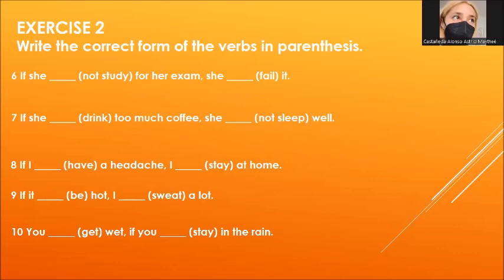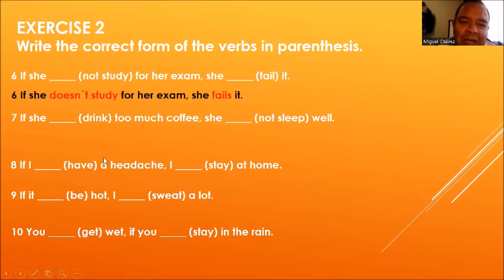If she doesn't study for her exam, she fails it. Remember, for the third person, doesn't: he doesn't, she doesn't, it doesn't. She fails, because we are talking about the third person again. Thanks a lot. Okay, number 7